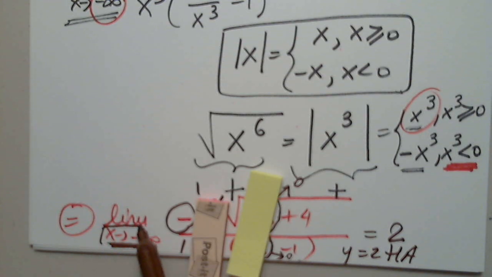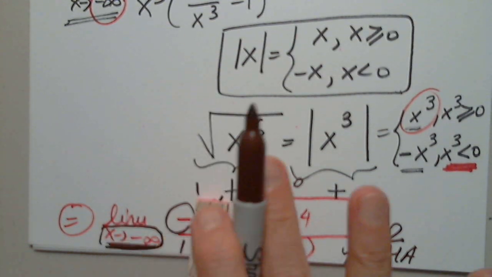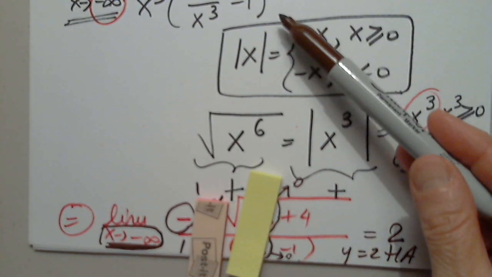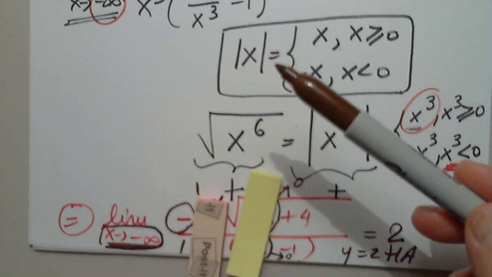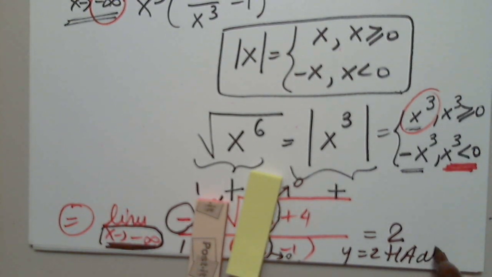But I absolutely have to write, guaranteed, this is not a rational function. It's a combination. Guaranteed at -infinity only. How come? It's guaranteed